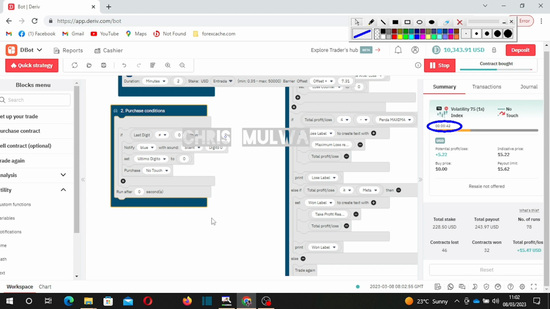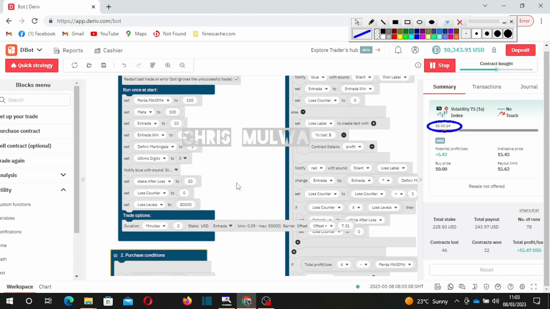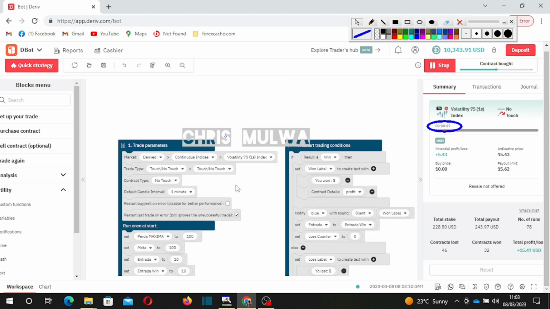The purchase option here we have set. We have 40, around 30 seconds remaining. The seconds runs from that. These are the default settings for this. Okay, so